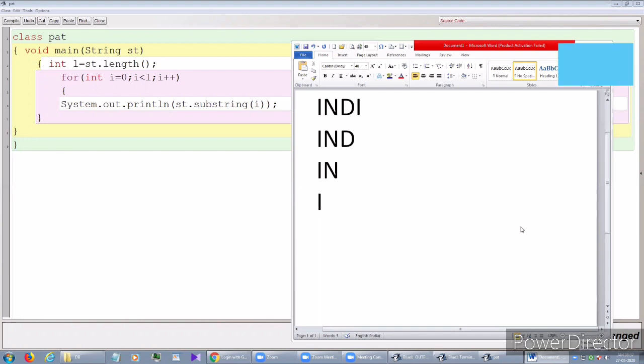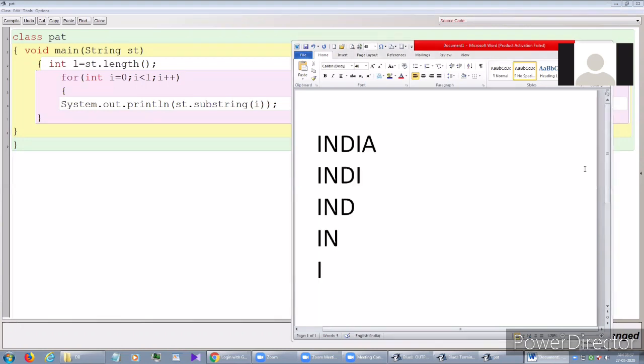I is what? 0. So 0 comma L minus 1. Sir, I think we have to take an integer equal to 4. How will we know the length, because we are taking it as an input? Why 4?